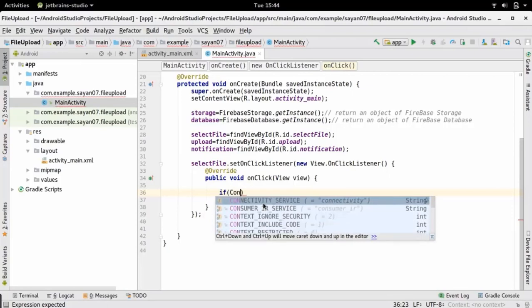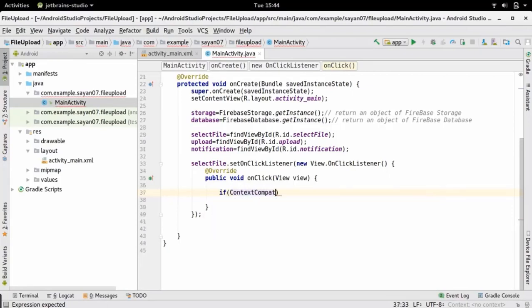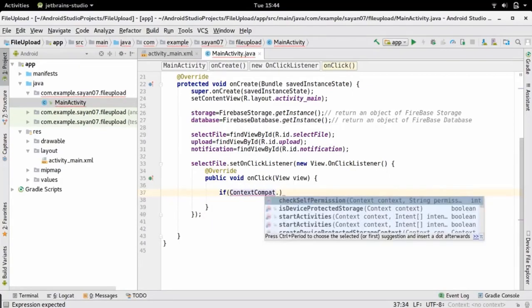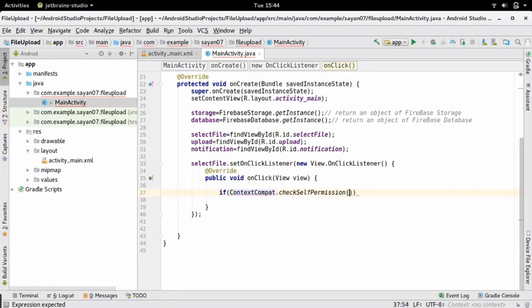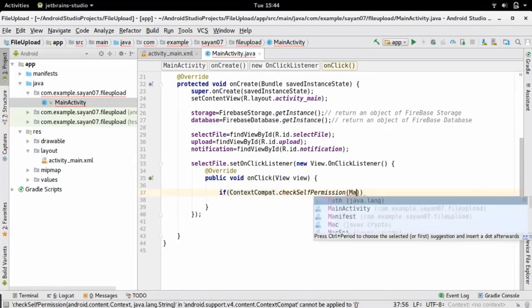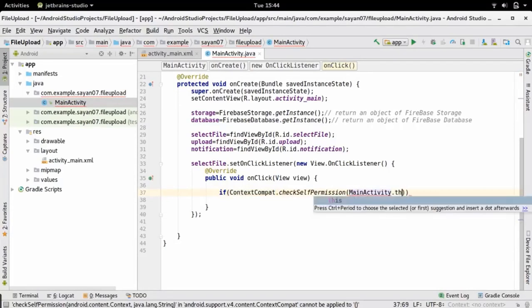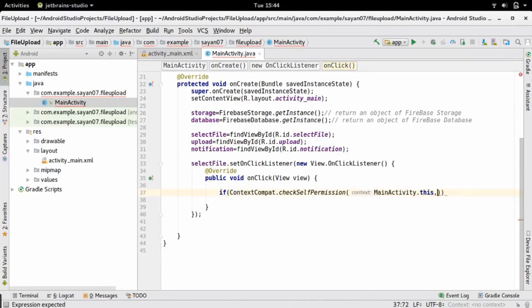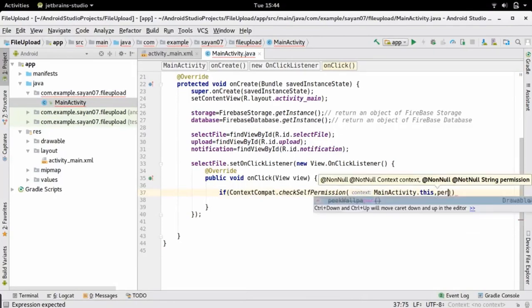To check whether any permission is available or not, you should write ContextCompat.checkSelfPermission, and the first parameter will be the current context, it is MainActivity.this, and the second parameter will be the name of your permission, okay?